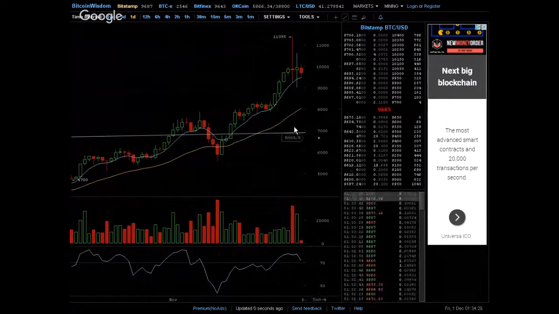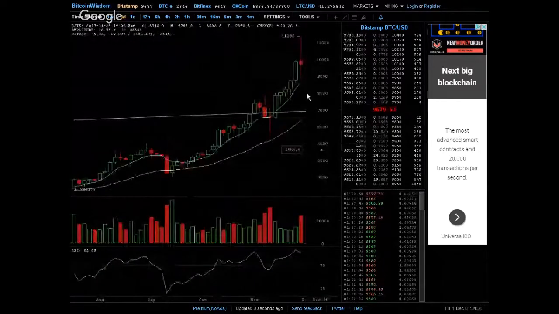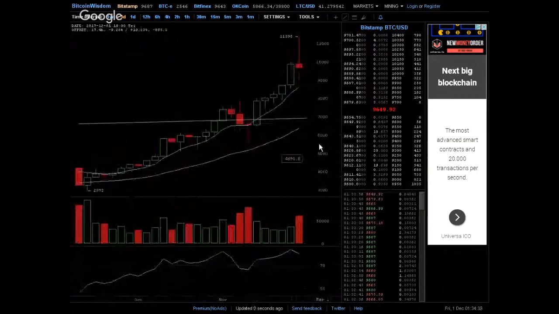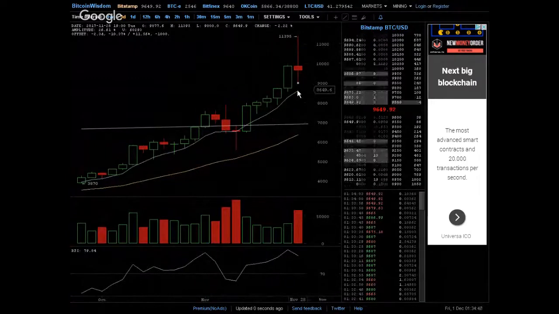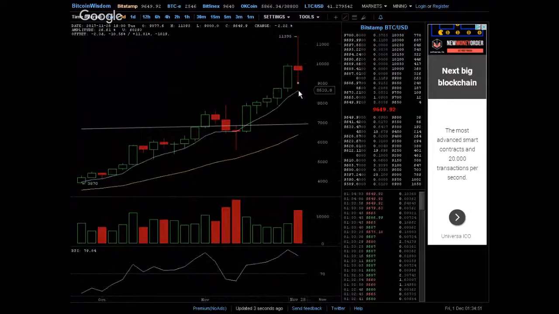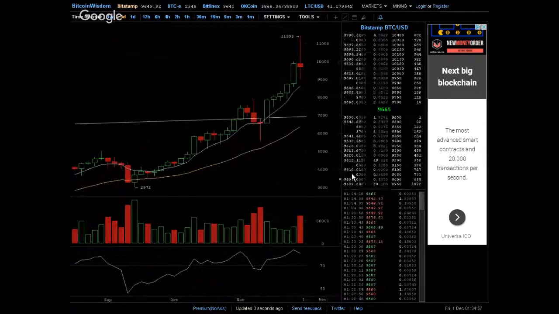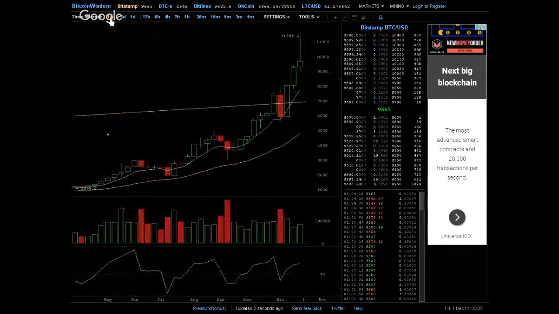So there's that, and then let's take a look at the 3-day. Unfortunately this candlestick has turned red, but it's still above this moving average. Let me see, where is this moving average right here? The short-term moving average is at 8,600, somewhere around there. But if you look at it, it's still trending up. So don't sell yourself too short or too early, because you might miss out. Or you can try to catch the bottom.